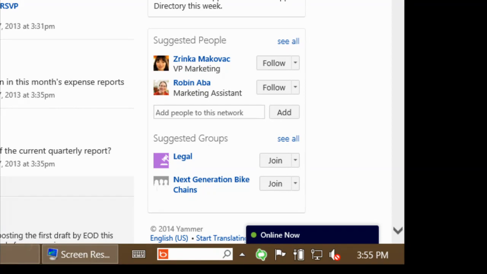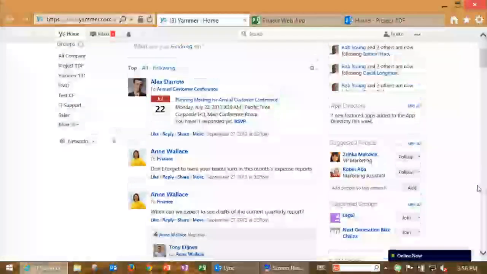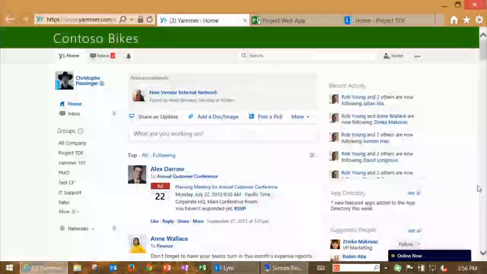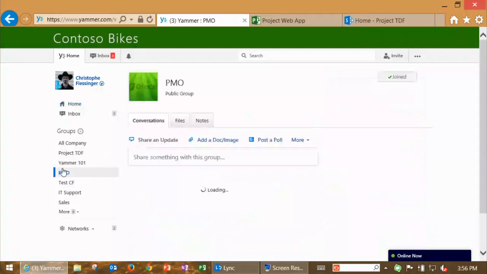And it's also doing the same thing on suggested groups. So again, remember, a group could be a physical team, but it could also be a community of interest within your organization. So the system is, based on the pattern of what everyone's doing in the network, starting to suggest things that might be of interest based on what you do every day. So that's the standard user interface for Yammer. And let's look now specifically into a group.